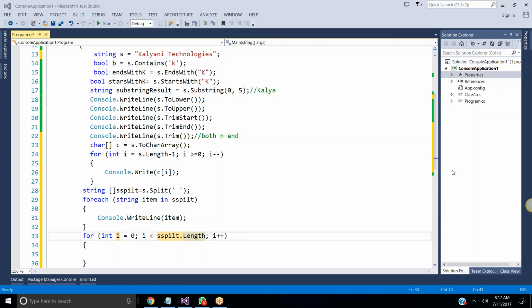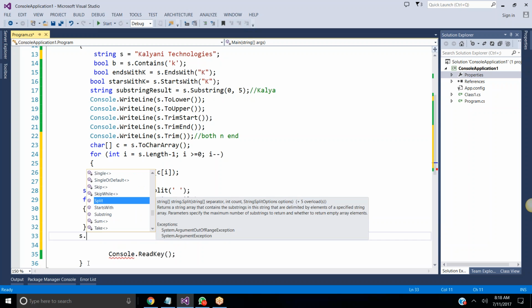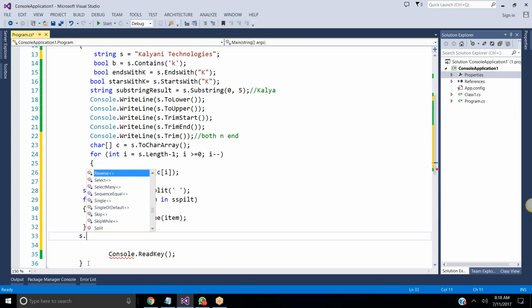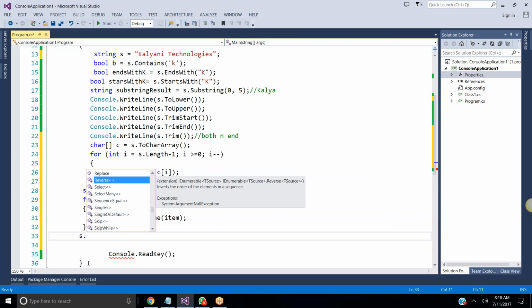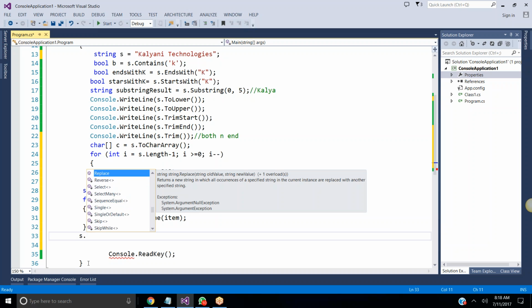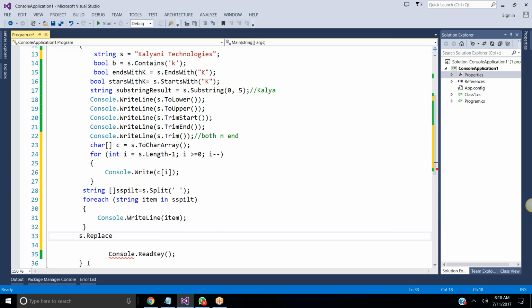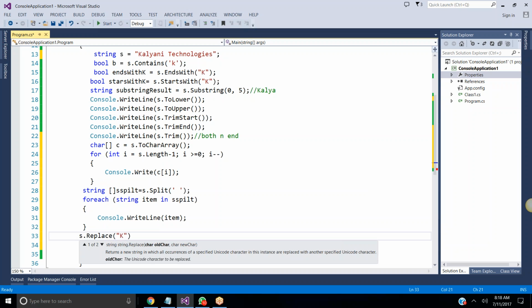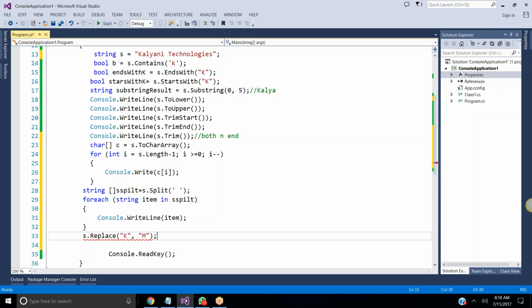Now we'll see other methods here. Manoj, I'm getting a lot of noise from your end. Now we're going to see some other predefined methods that are available with the string. The reverse exists but it will not be helpful for us. It won't work, and why it won't work, you people try to work with that. Now I want to replace the string. I want to replace the capital K with capital M. Now try to see the output of it, all of you. I'm just trying to display this with the help of console.WriteLine like this.